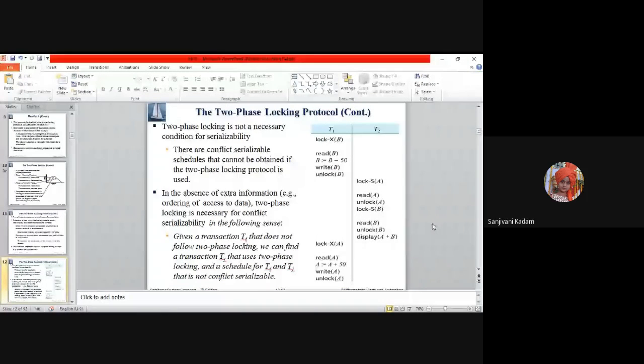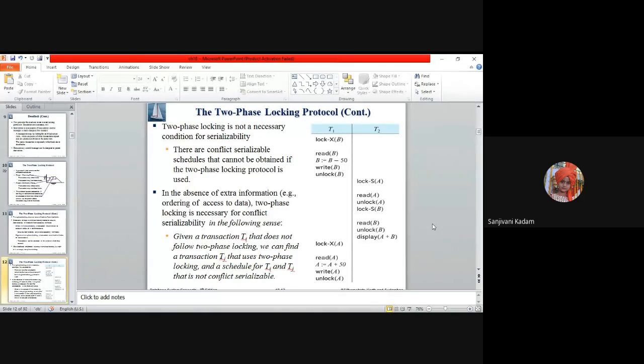So let us see the example. Here, two-phase locking does not have serializability as a mandatory condition, but conflict serializability is achieved by two-phase locking.